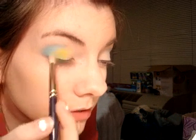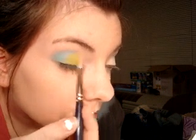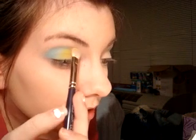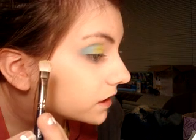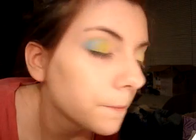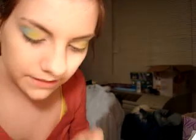And I'm going to blend it in with that first color pretty gently. I'm not going to worry about blending over here yet. And I'm going to bring it a little bit into my inner crease, just a bit. Okay, so we have this right now. I know it looks weird. Alright. Next, I'm going to take